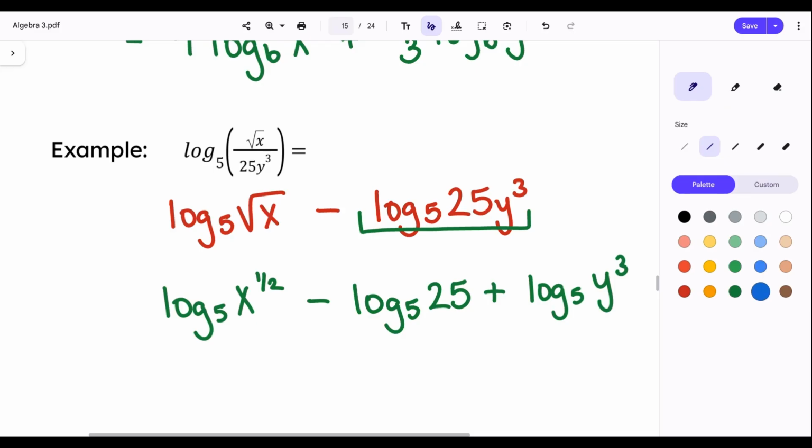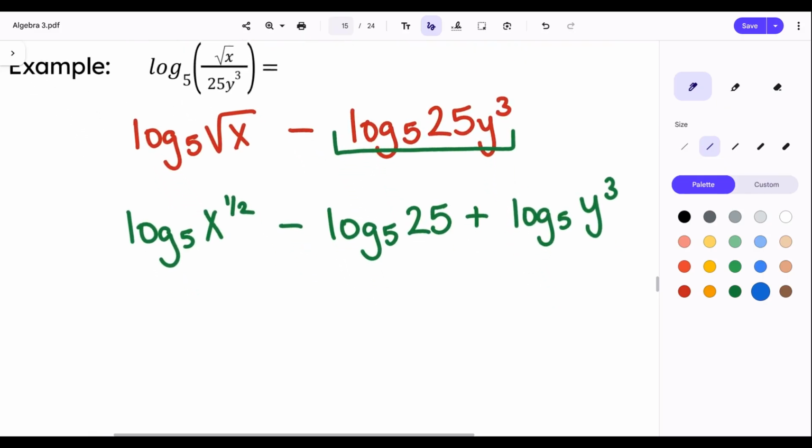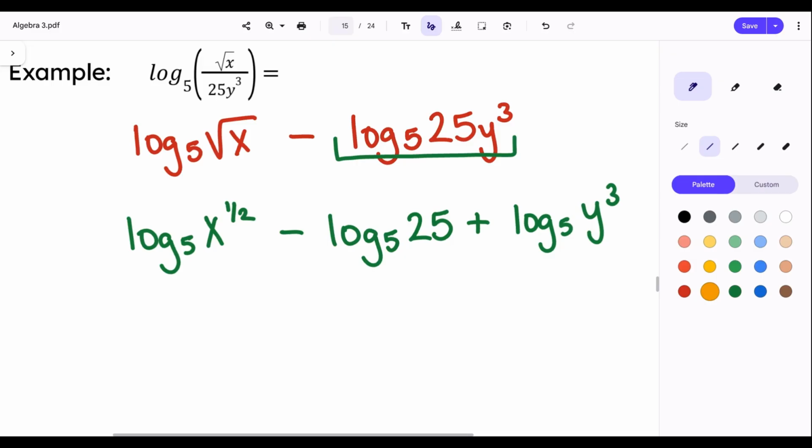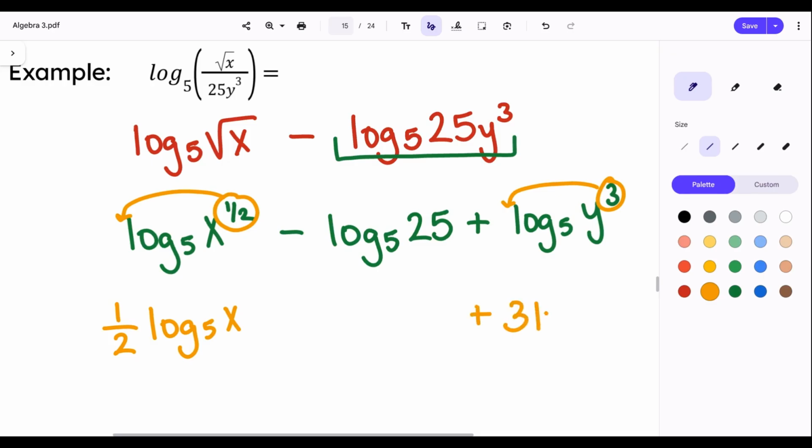And then I think there's maybe only one other thing we can do here, which is to work with those exponents. Actually, let me hold on a second. I'm getting ahead of myself here. Okay, let's backtrack for a second. I was talking about these exponents. We know we can move these, right? So let's go ahead and do that. 1/2 log 5x. I'm going to skip over that middle term for a second,